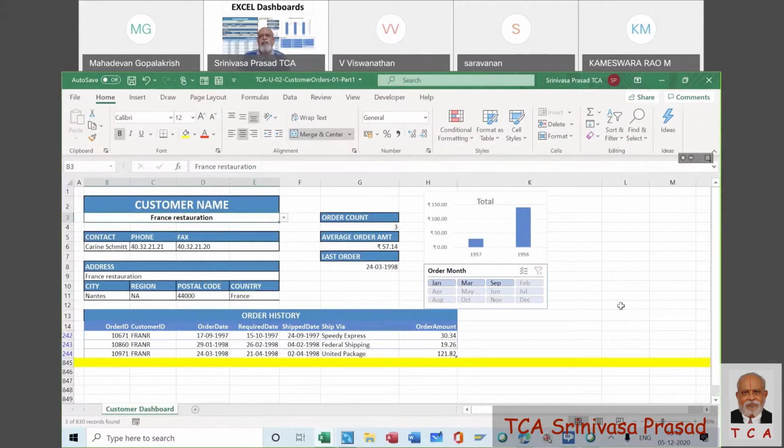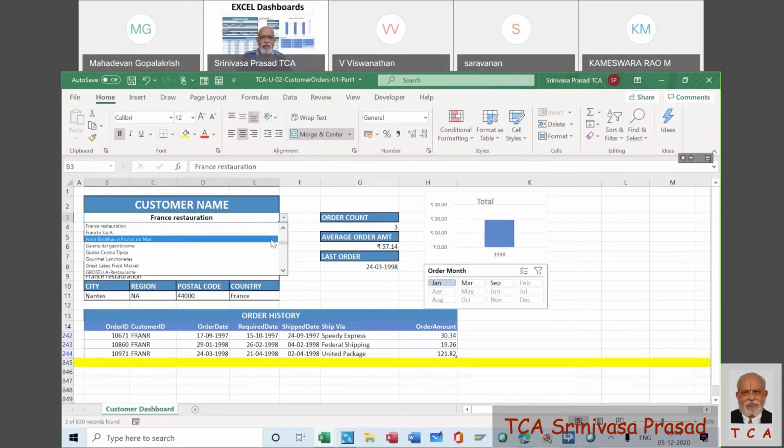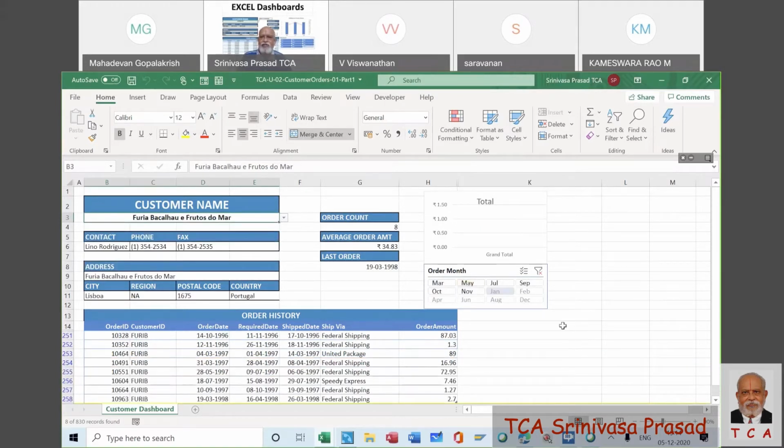So to this extent, every time we tell the user, he has now selected January. Now we go to another customer and then we tell him, if you want all those things, then you should go and clear the filter. If we tell him that, it doesn't look nice. So the next step is to automate this particular thing. Is that clear to you what we are trying to do now?